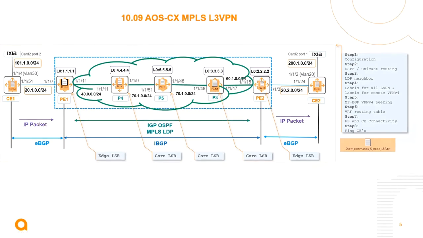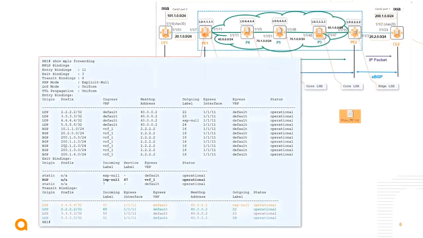Okay, for your information, all the things have been captured here. For example, as I was telling, the VPN v4 routes are getting 16 as the service label, you can see. And this guy, for all the 101 routes, is giving 47 as the service label to the other side. So if you go through this path to reach 222, the next stop is 40. If you look at here 40.0.0.2, to reach the 222, the outgoing label is 22. The next stop is 40.0.0.2, that is this one.